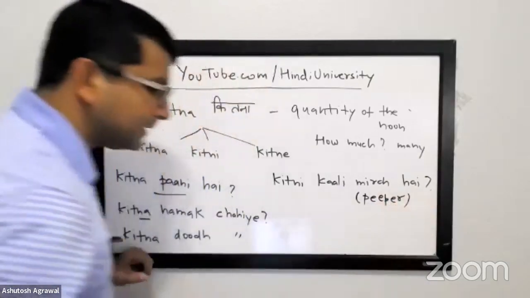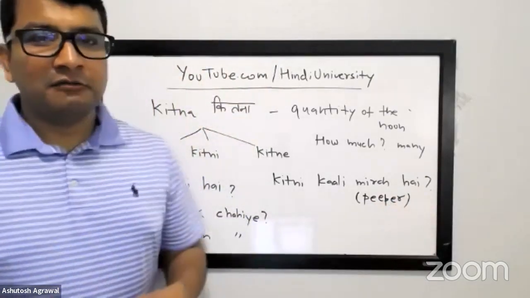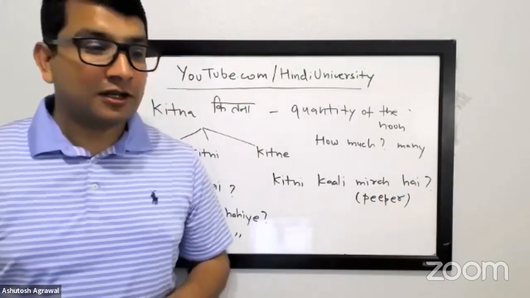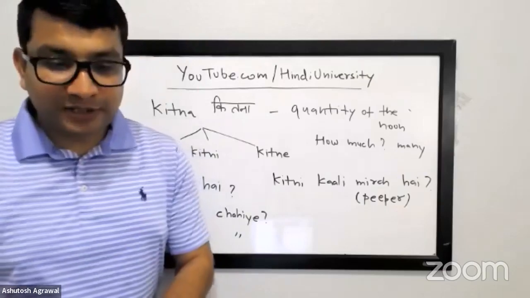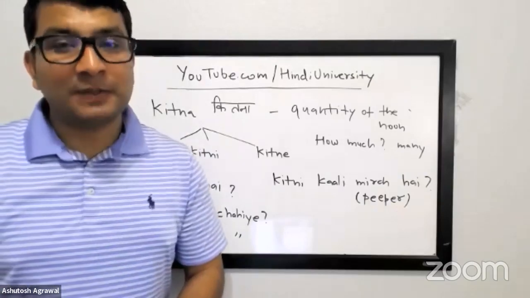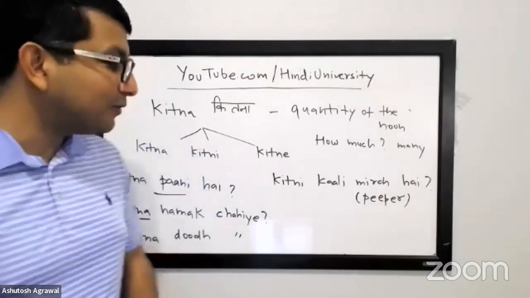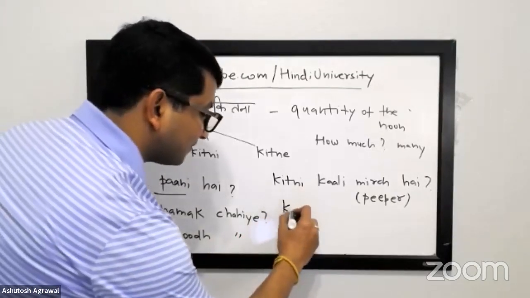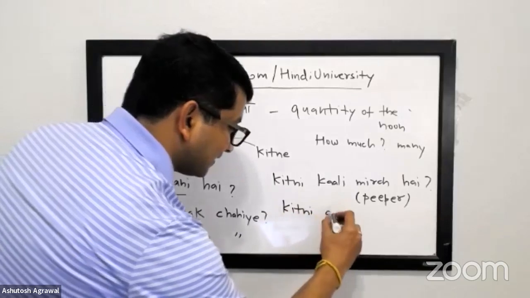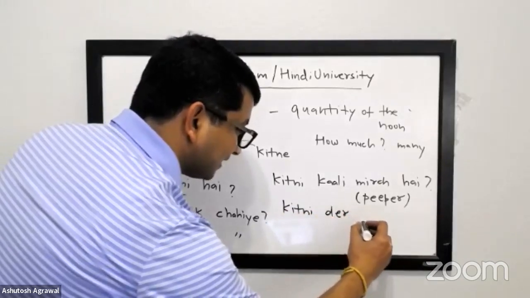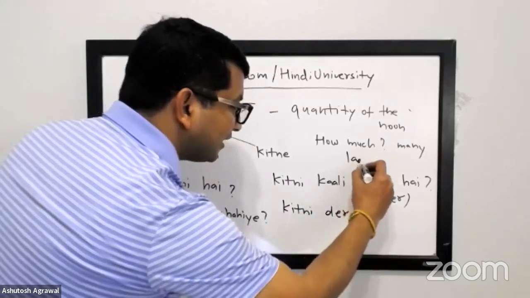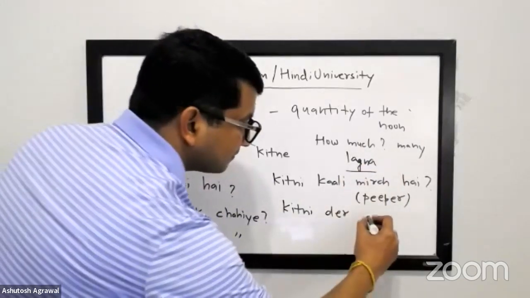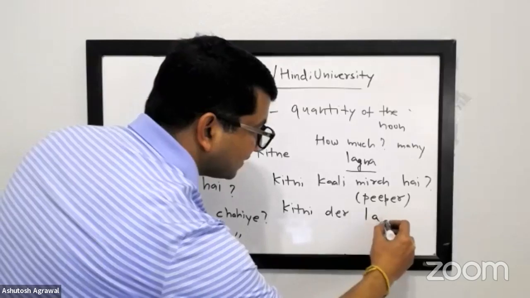Let's say, Christina ji, you are in a train with your family, and you're getting anxious. How long is it gonna take to get to a place? How will you ask that? How long is it gonna take? कितनी देर होगी? The verb lagna, try to use lagna with the future indefinite. कितनी देर लगेगी? Very good.